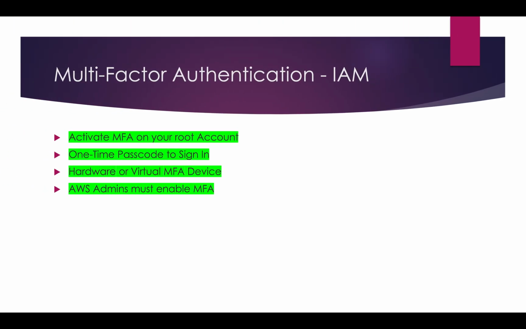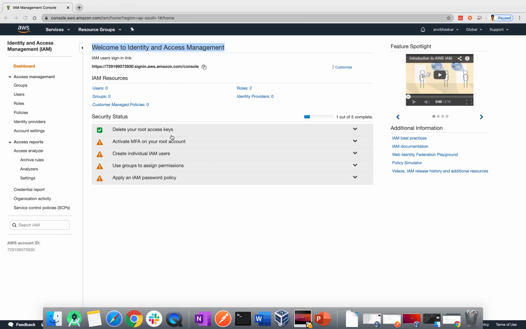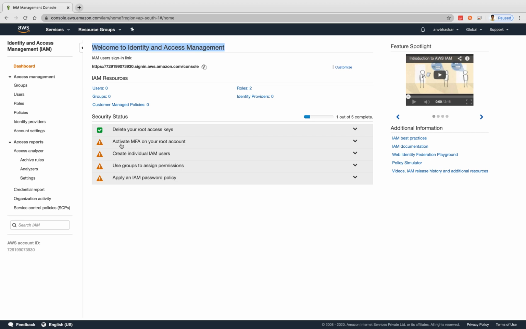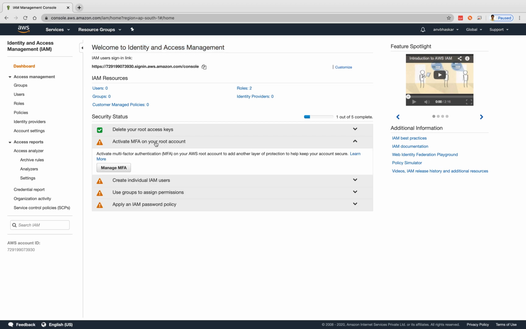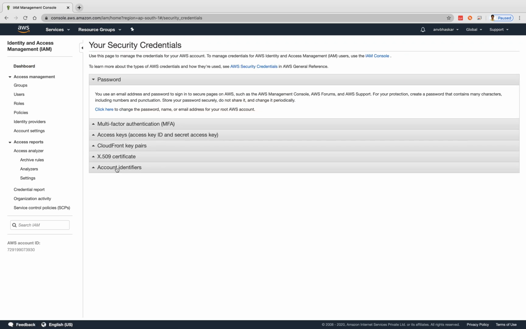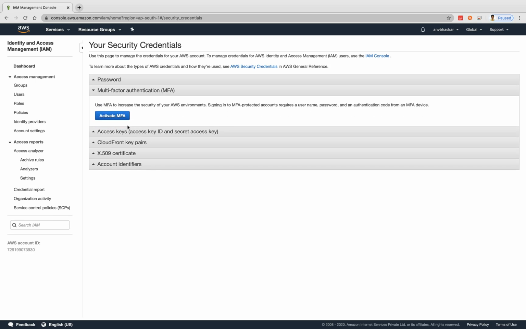For this IAM, you see here, activate MFA on your root account. Click on manage MFA. Right now we'll see about multi-factor authentication. Use MFA to increase the security of your AWS environment.